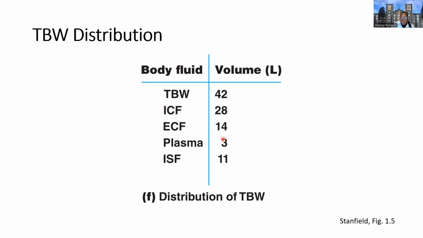Now, of your extracellular fluid, which is a much smaller proportion, the majority of that extracellular fluid is going to be in your interstitial fluid, okay? And the smallest proportion will be in your plasma. So the proportions, the numbers are not important, but think about how that's divided. Most of the fluid in your body is inside your cells, and of the proportion that is outside your cells, most of that smaller proportion is inside